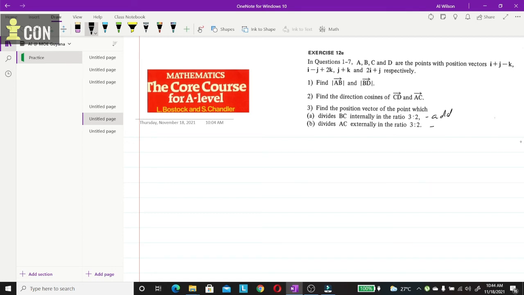And when you're external, you subtract. So that's a very simple thing to understand. However, there's some flipping that you'll need to focus on. So let's start with BC first. So BC